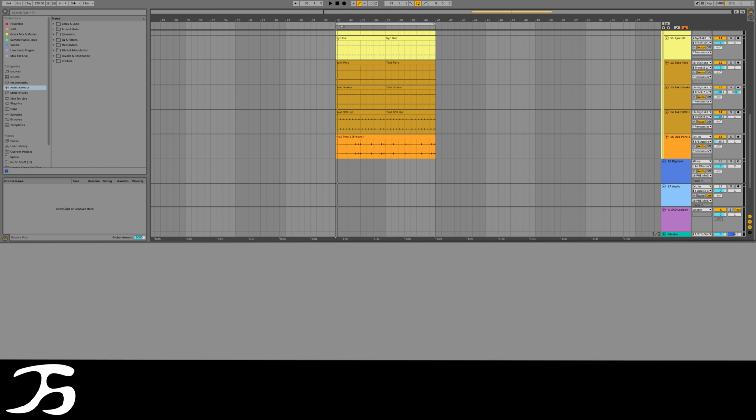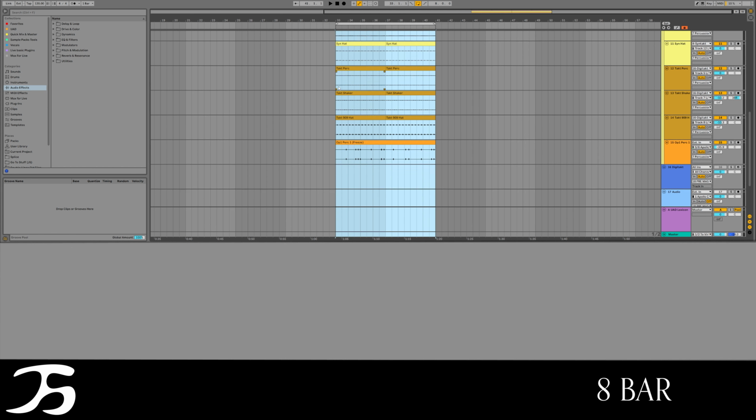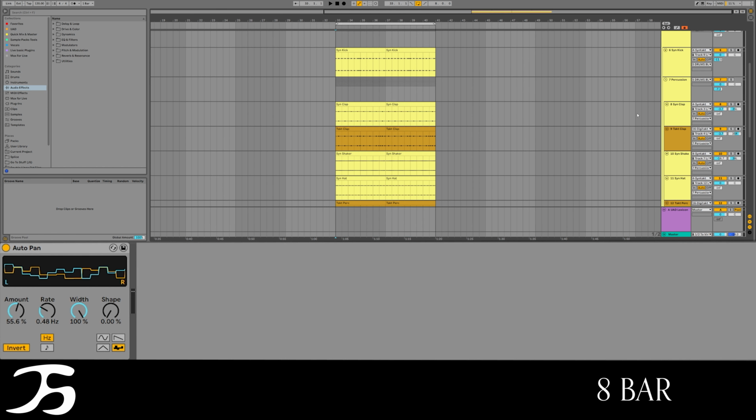So, quite a basic 32 bar loop. We've got quite a few elements in there. So we've got this kick, like a nice snappy 909 kick, two claps which I've panned left and right,